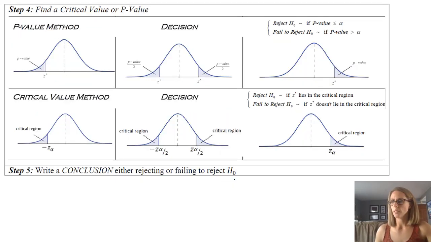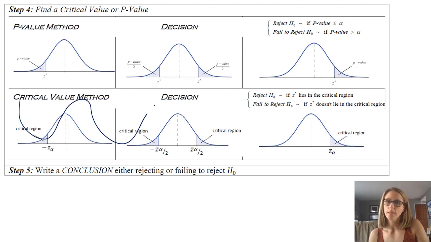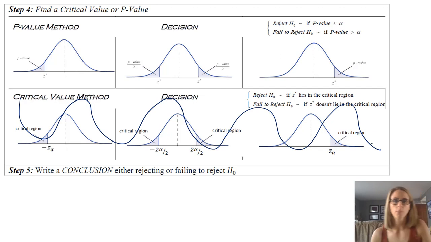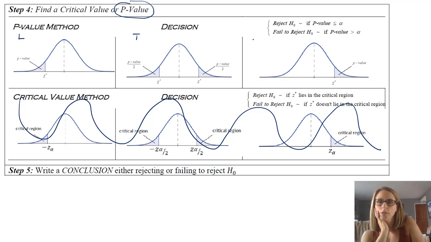The last thing I'm going to mention is, of course, we are using the p-value method in my class, so I'm not going to focus on the critical value method. Mine will only be the p-value. And here is what you should probably be remembering: here is our left-tailed test, here is our two-tailed test, and here is our right-tailed test. So very, very similar to the Chapter 8 stuff.